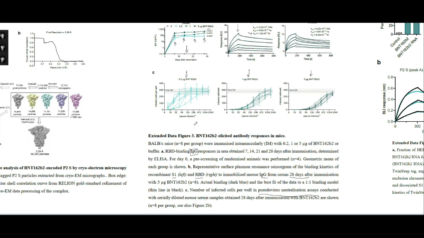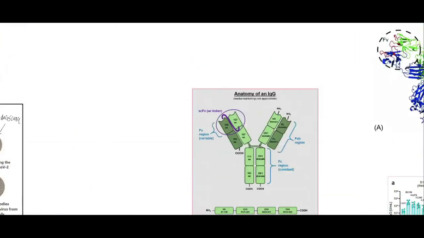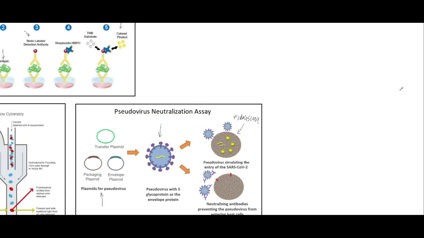of the mouse serum. And so what they did is they immunized the mouse with this amount of the RNA, and then they took serum, they took samples from the mouse, then they diluted it. They did this serial dilution and looked at whether the cells in those dilutions were able to neutralize